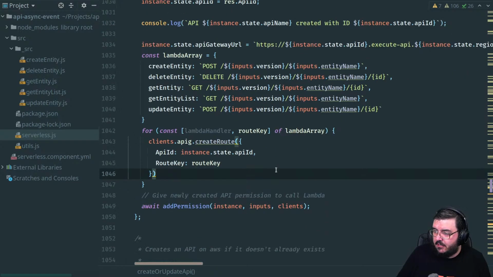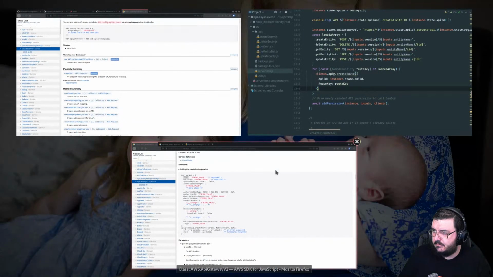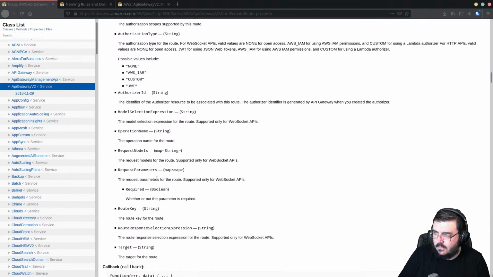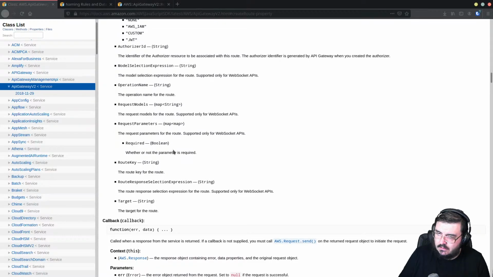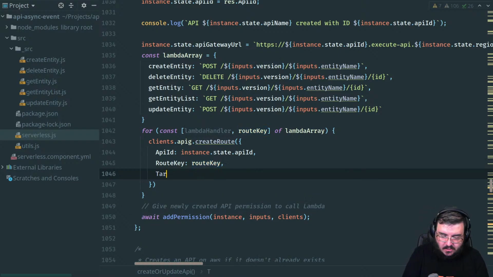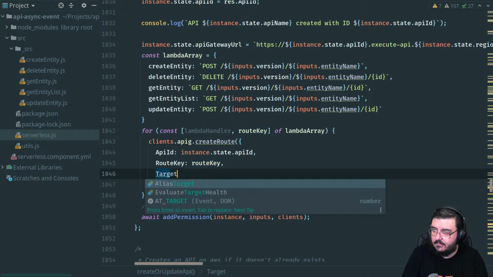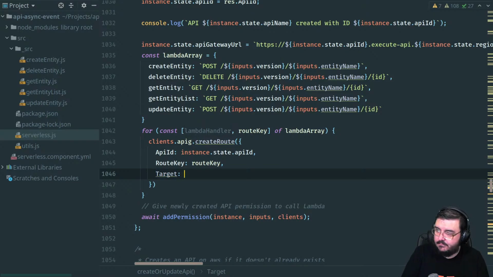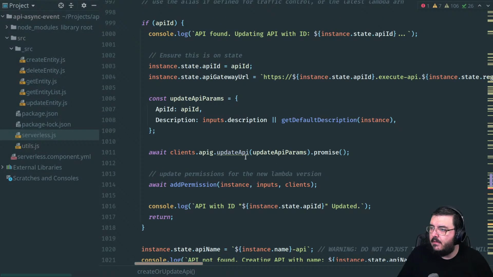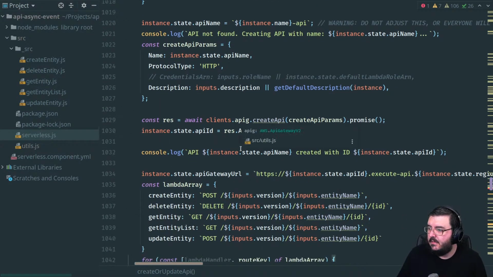Okay, so that's going to create root, and I think those are the only two required items. Actually, no, it might need target. We want target. I'm just going to go down to target. Right, so we're going to add a target, but luckily we do have a reference as to what target looks like. Let's go look where... Damn, I think we actually removed it. Yeah, we did remove it, remember.